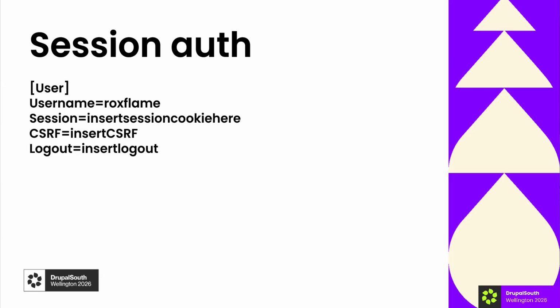Now basically, what you do with this is any further requests you do, you don't have to send a password. So you're basically just sending the session cookie and the CSRF, and Drupal says, cool, this person's already logged in, I have an active session for them, and you can do whatever that user has permission to do from there. So you could make post requests, you could do get requests, whatever that user could do. If they could create things, if they could just retrieve things, you can use that.